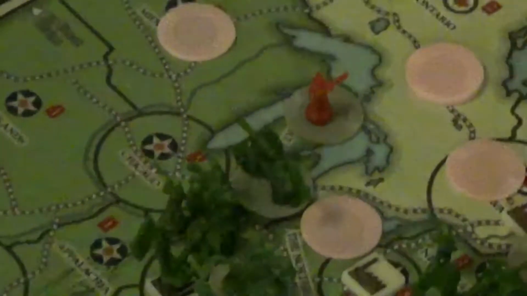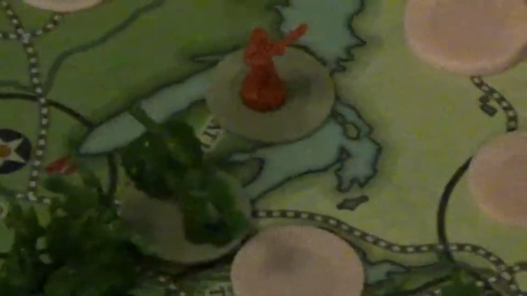America attacked the Great Lakes again, trying to drive the British out of there. They only got 1 hit. The British took it on militia,